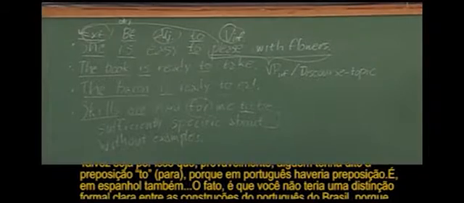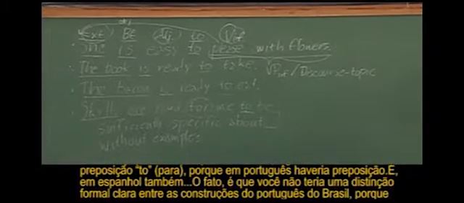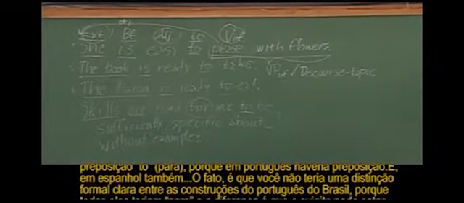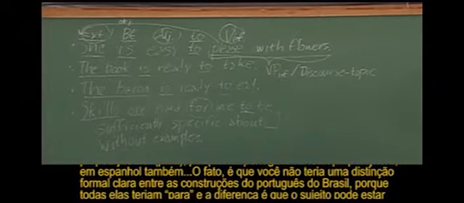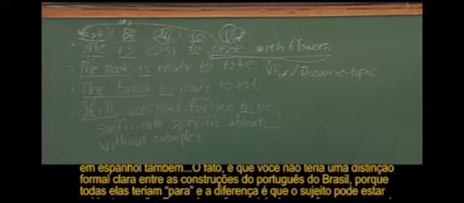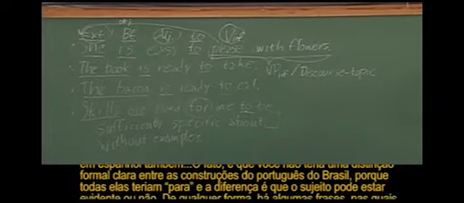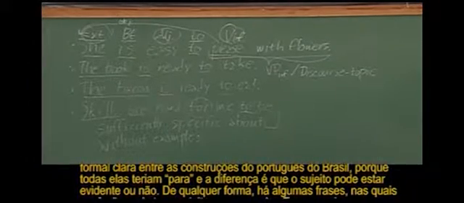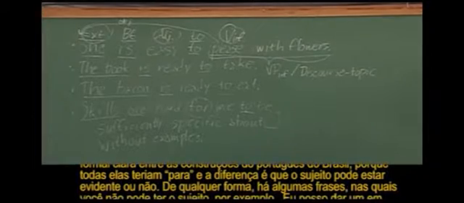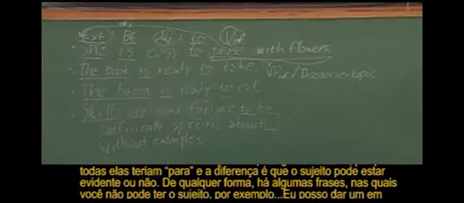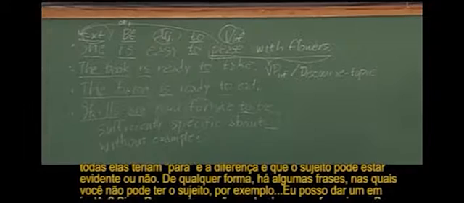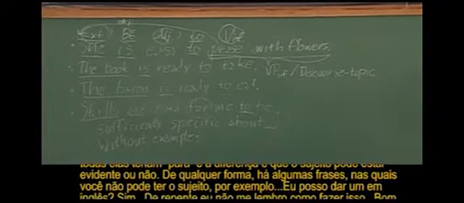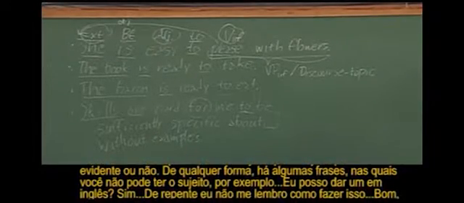Yeah, and the fact is that you would not have such a clear formal distinction between the Brazilian Portuguese constructions because all of them would have para, and the difference is that either the subject is overt or not, right? However, there are some sentences in which you cannot have the subject. So, for example,